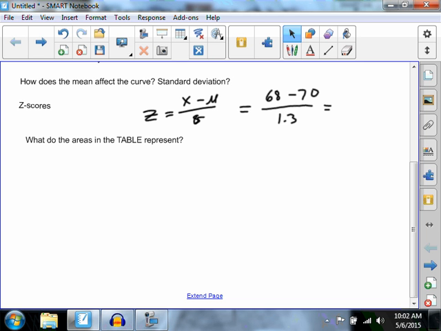It just means it's less than average. Okay? And that's okay. Z-scores are allowed to be negative. Remember, the table had two sides on it. Speaking of the table, when we found an area like